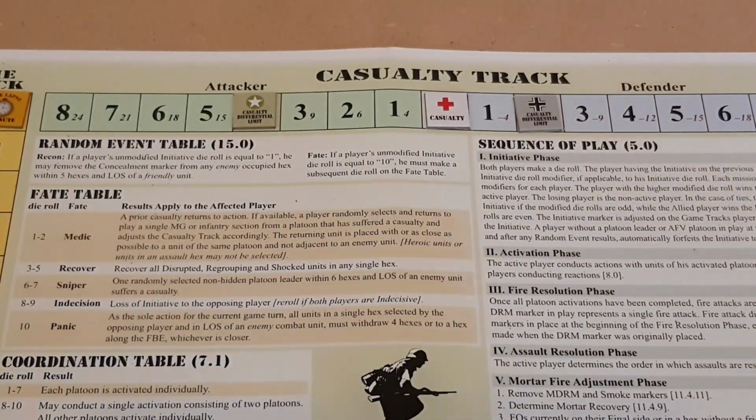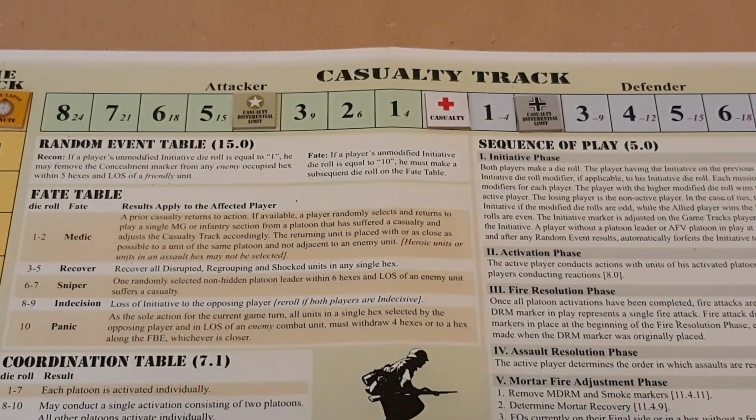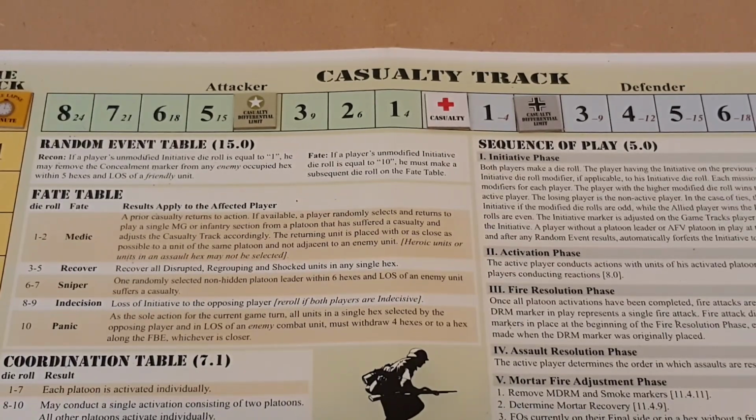Okay, so gameplay. The Last 100 Yards is totally different to anything I've played before. So how the game works is you're going to roll for initiative. Whoever gets the initiative, they get to activate their platoon. But before they do that, they get to roll a dice to see if they can activate 2 platoons before